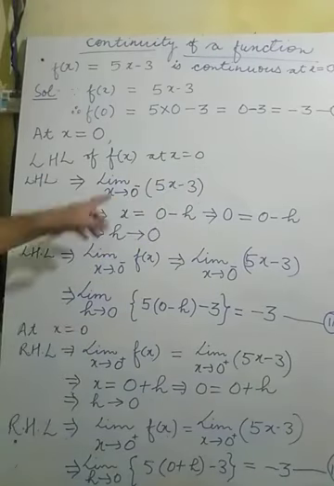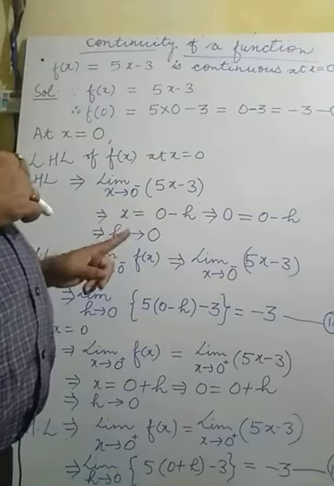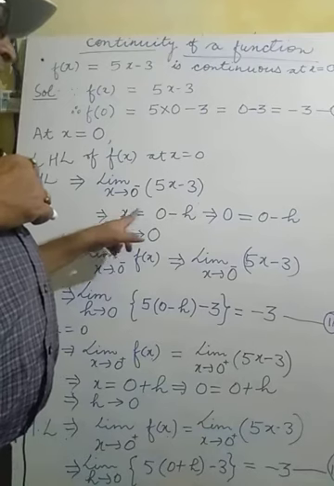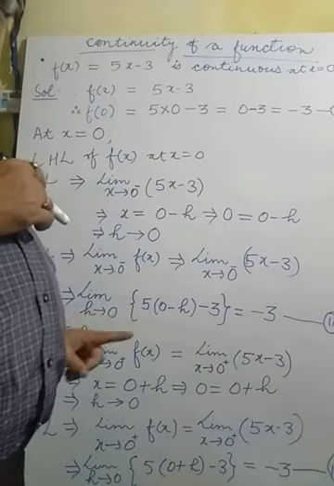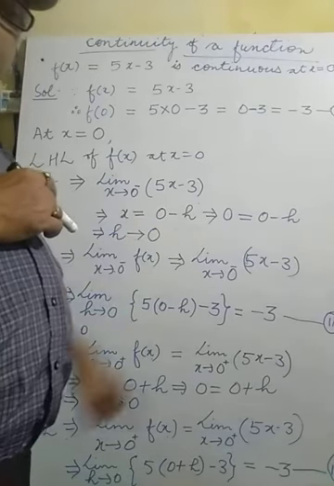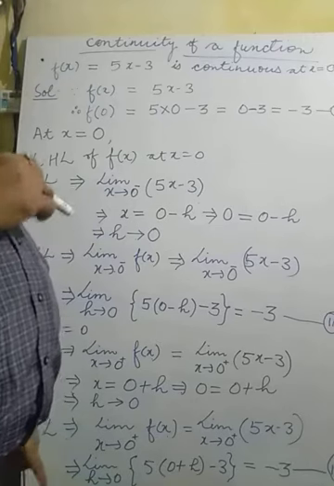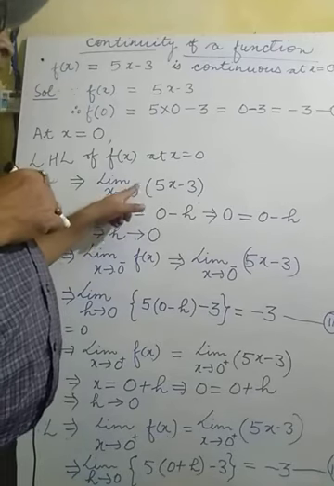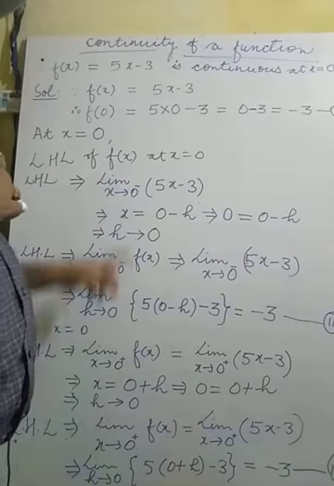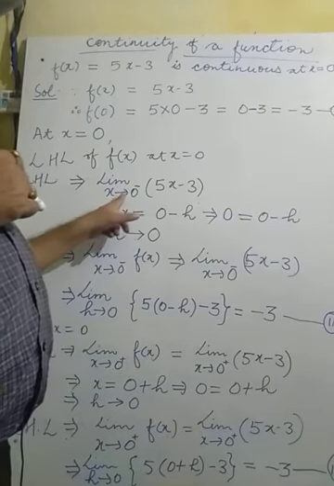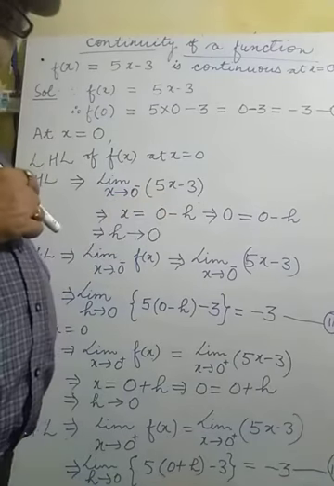What to do? In the place of x, to find out 0 minus, we have to note down 0 minus h. If 0 plus is to be calculated, it will be 0 plus h. h more than 0, h less than 0. Here it is noted down 0 and minus sign is there. Minus means less than 0. So x extends to 0 minus, and this is the function.